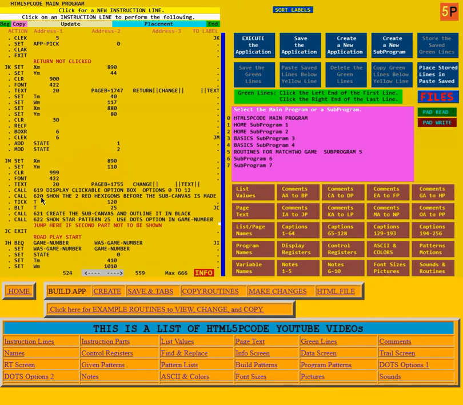Then it calls tab 20 of subprogram 6 and shows the two red hexagons before the subcanvas is made. However, the one red rectangle is now going to be on canvas 3. Then it does a tick on 120, which means it's going to go from 0 to 119. And the very next statement says if it's less than 25, go to JC. That means it's not going to do anything else,